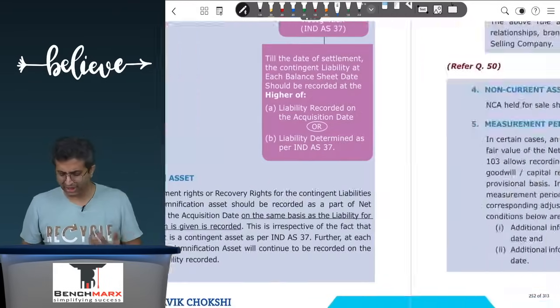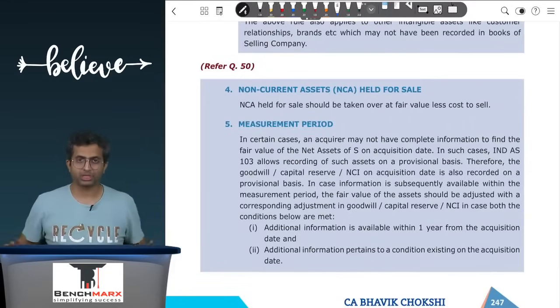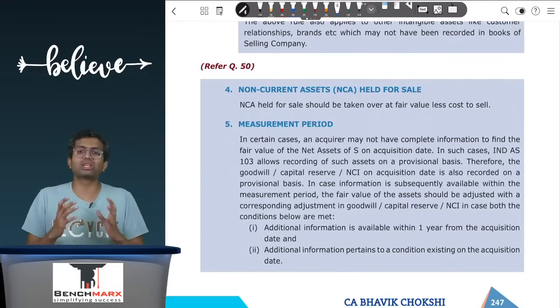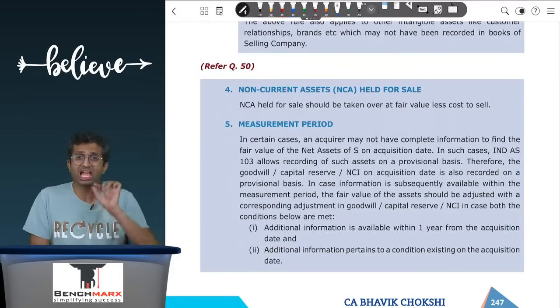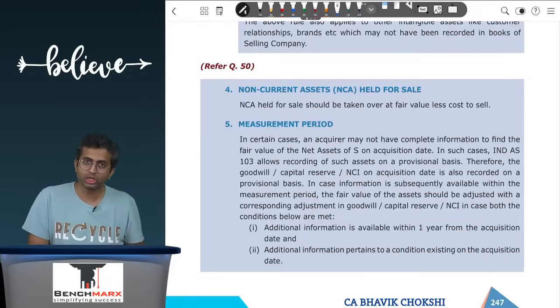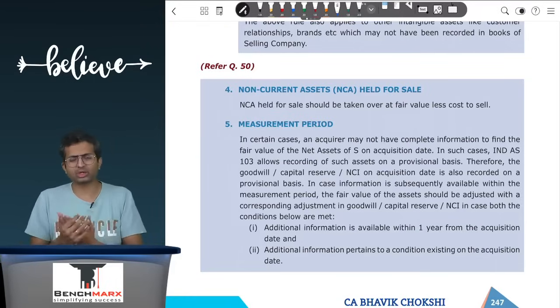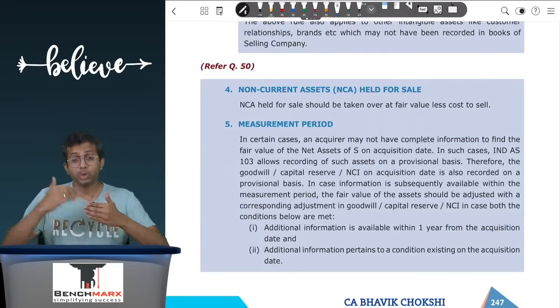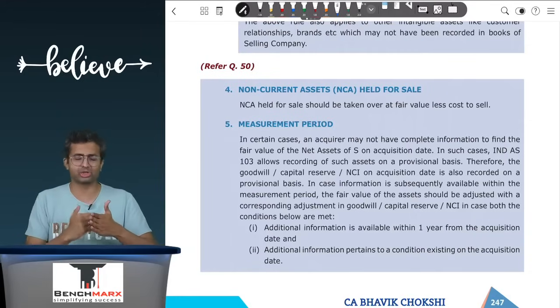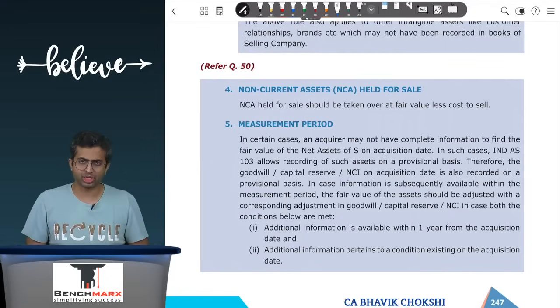Now, for all of these items, there is something called a measurement period. Now, this is a very good practical relief. What used to earlier happen is, now these business combinations are fairly complex transactions. Now, it might happen that at the stage of acquisition, you do not have all the clear values. So you can actually take over certain assets and liabilities where you need more information on a provisional basis, and hence the goodwill that is calculated is a provisional goodwill. However, it is likely that you will get more information about these items at a later date. So a measurement period is defined. A measurement period is a period which starts from the acquisition date, not necessarily the balance sheet date, the acquisition date, and continues up to 12 months from the acquisition date.